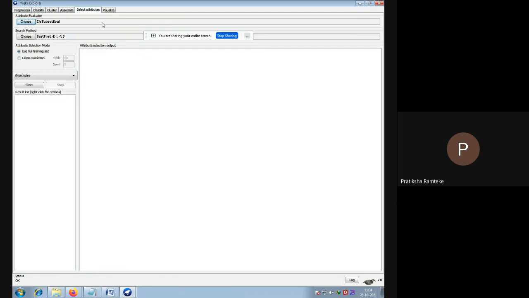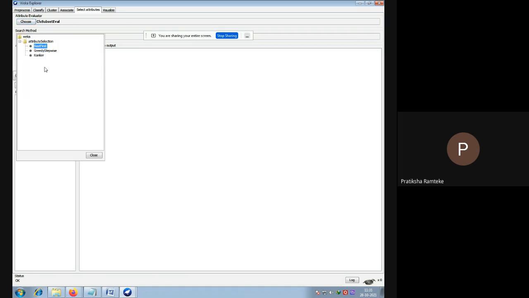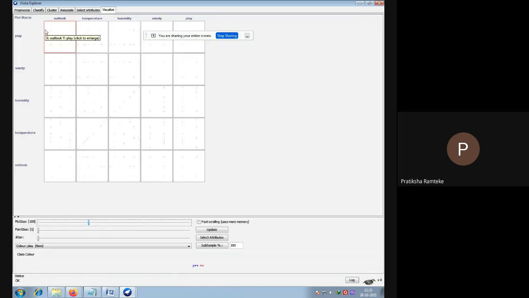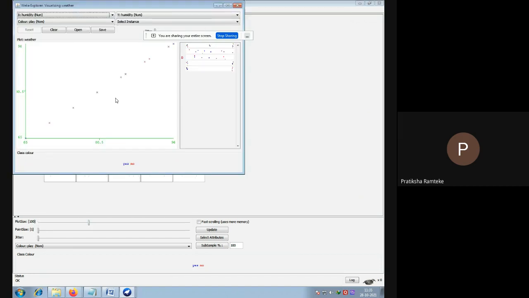Next, select attributes. In select attributes, there are different algorithms like best first. Okay, next visualize. For visualize here, we click on any. Okay, this is the Weka visualize tree classification.